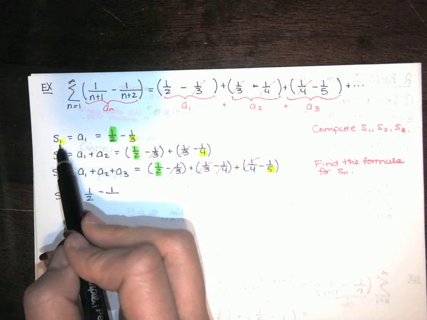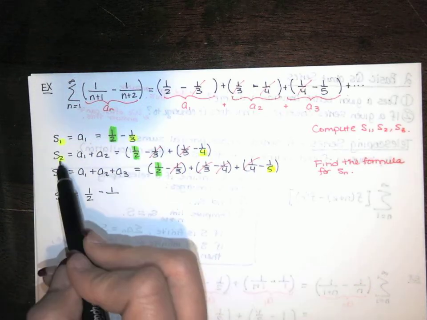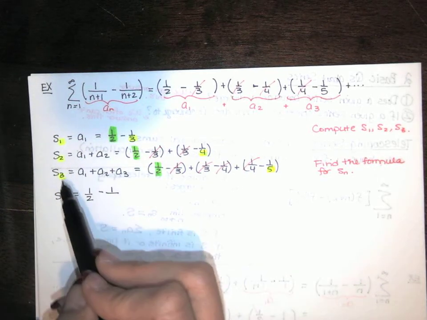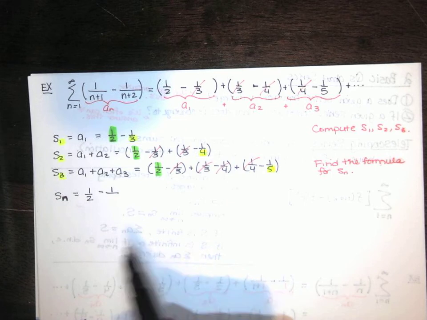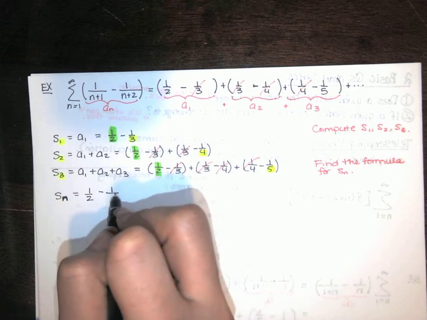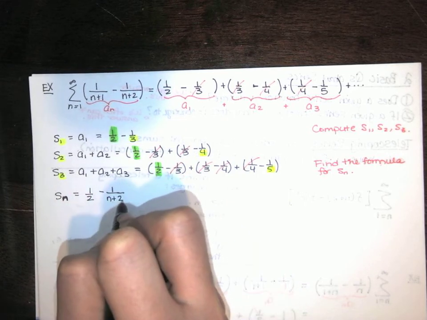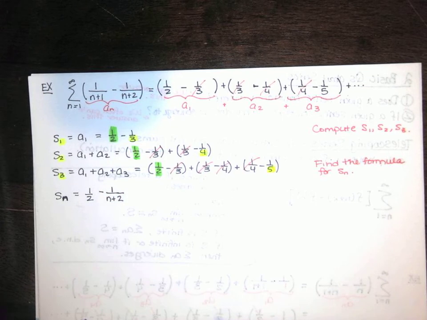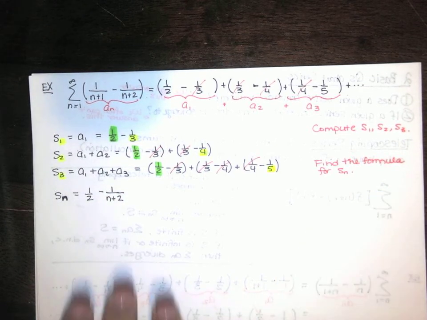1 plus 2 more is equal to 3. 2 plus 2 more is equal to 4. 3 plus 2 more is equal to 5. So n plus 2 more is going to be n plus 2. So that's my formula. Now once you've found the formula for the nth partial sum, it has a finite number